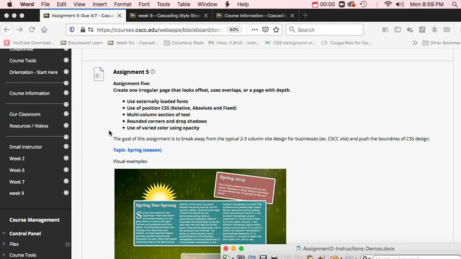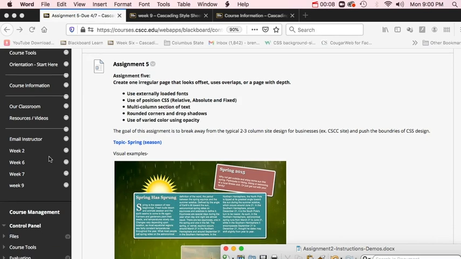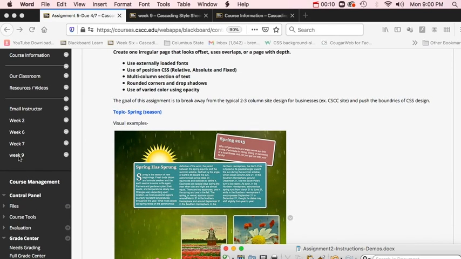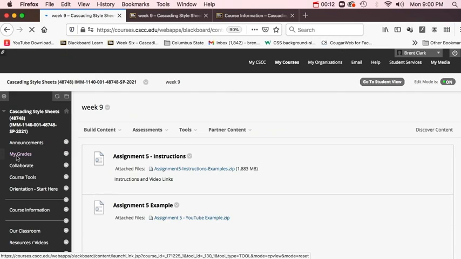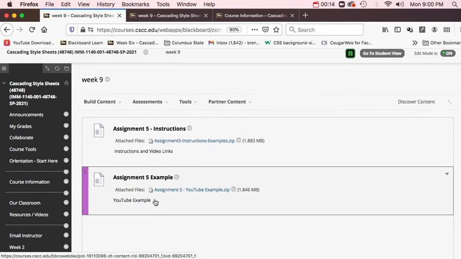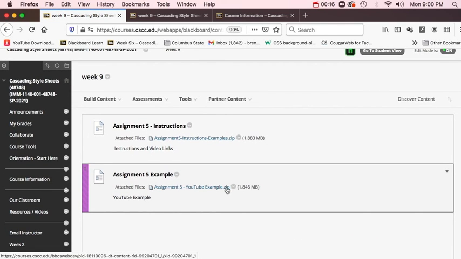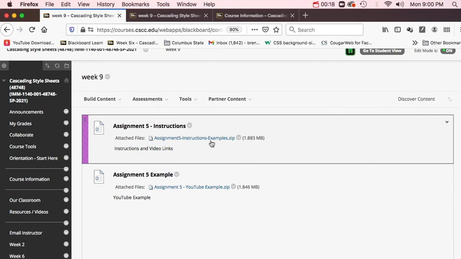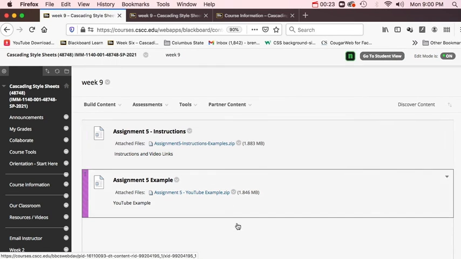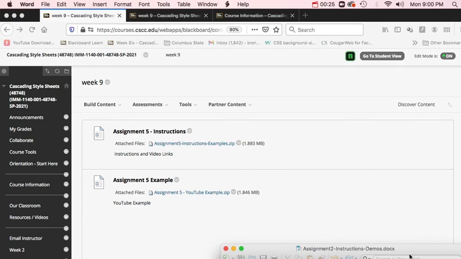So right here we see the list of items that we need to have in this assignment. If you go into, I have a week 9 folder here, and right here you can see there's an example that I use for YouTube, and here are the assignment instructions that have the video links, and the video links are in a Word document here,